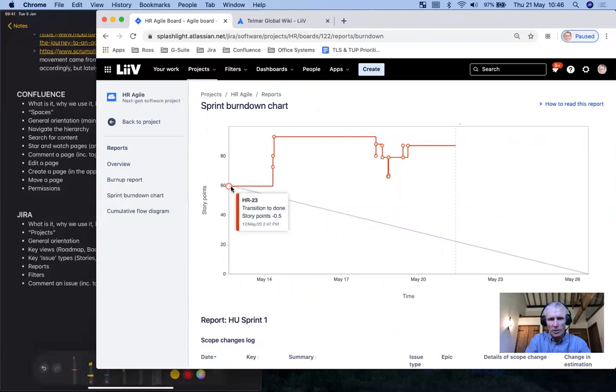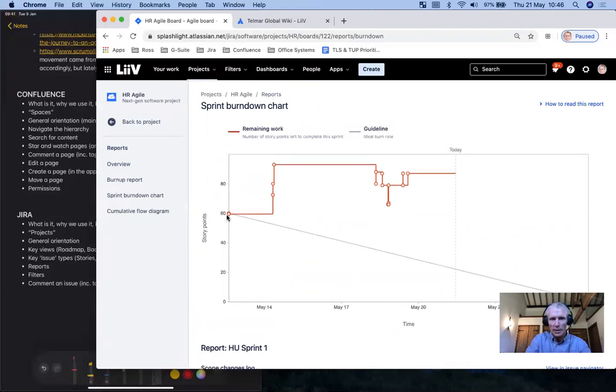And this gray line starts from, I talked about story points, this level of effort. Every story is estimated with a story points number. And when we start the sprint, in this case, Jira has said, well, in this sprint, you started with 60 points. You've got 2 weeks to burn down. So your ideal burn down is going to look like this. And this chart, the burn down, tracks how we're doing.